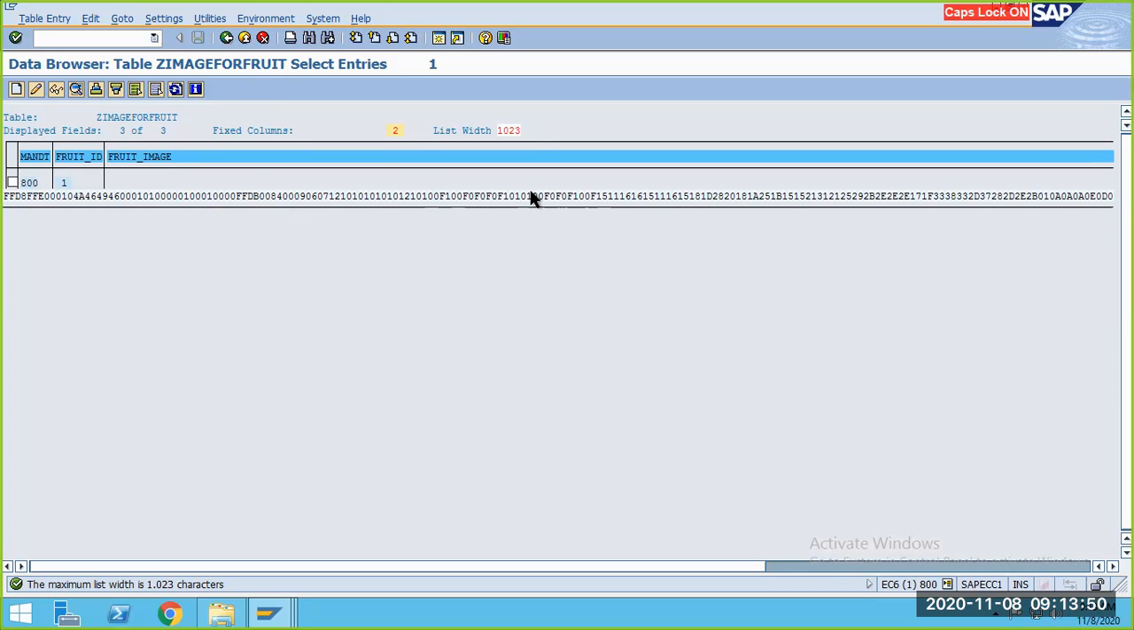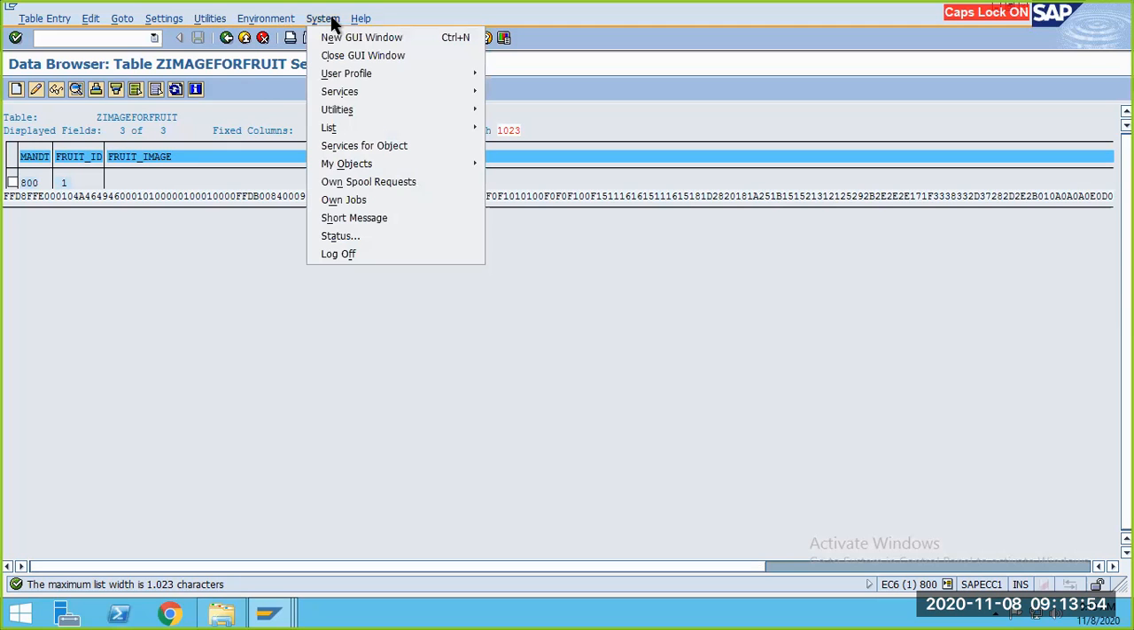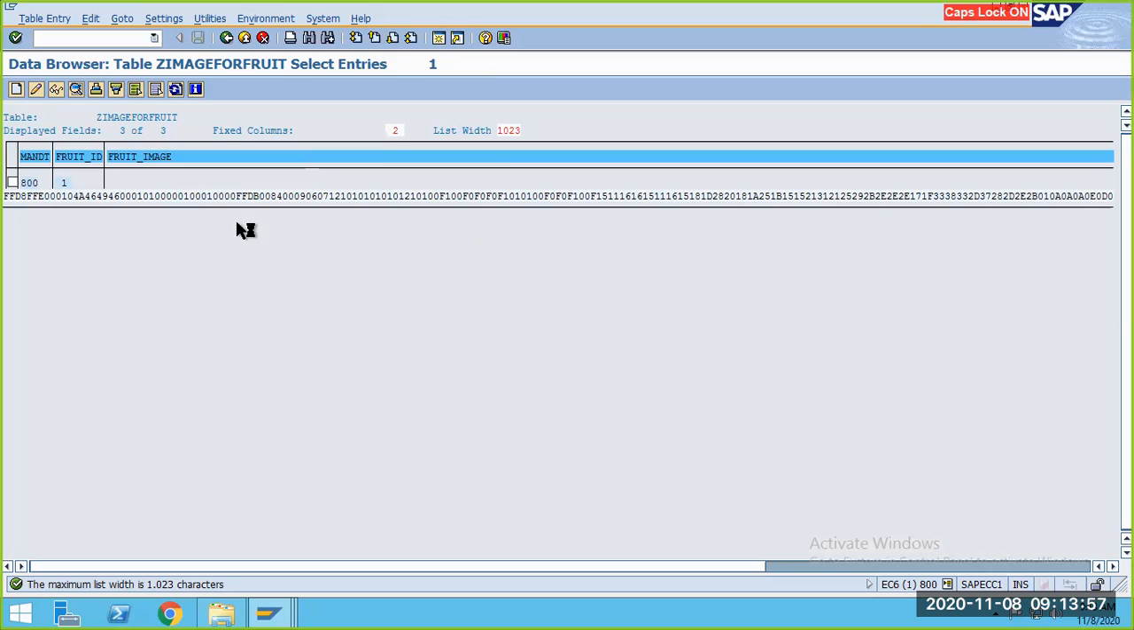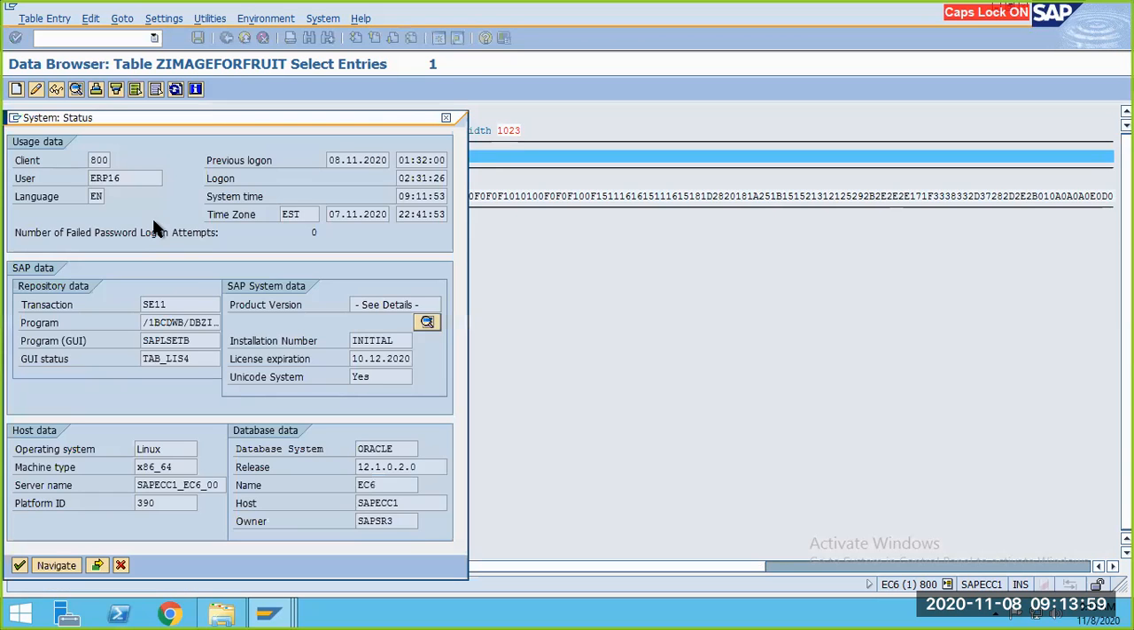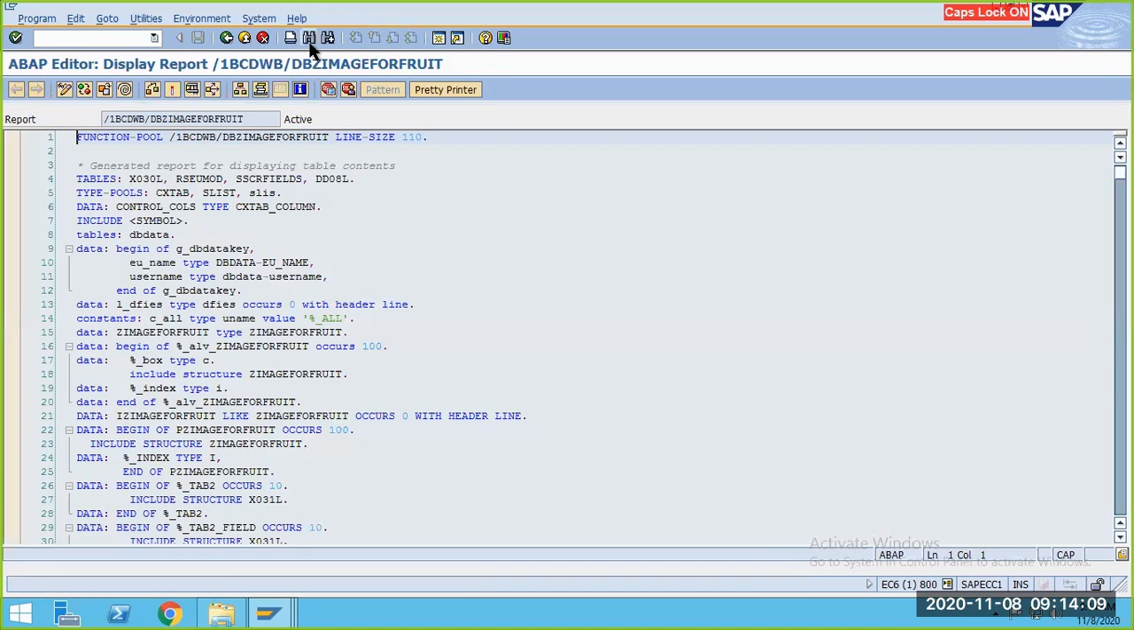This particular conversion gets done in the program. What is that program? You can go and check which program is responsible, meaning from where the data is coming and getting stored. So this is the program. Double click on this program, and this is my table. You can see that after DB we have Z image fruit. So copy this Z image fruit over here